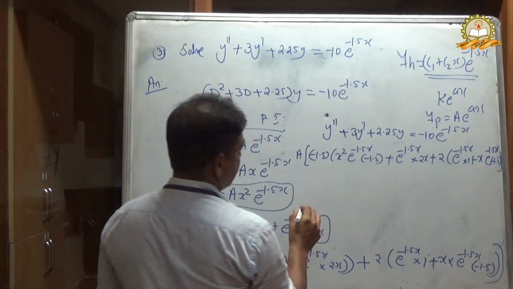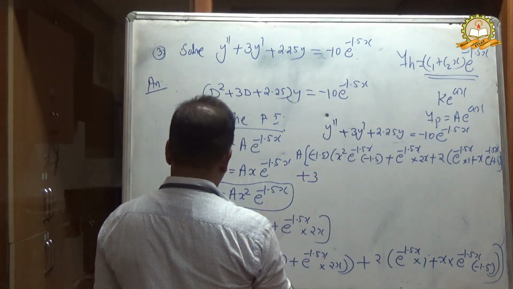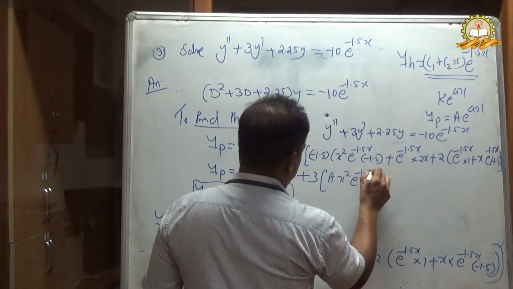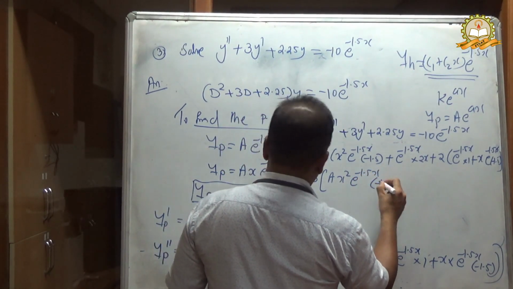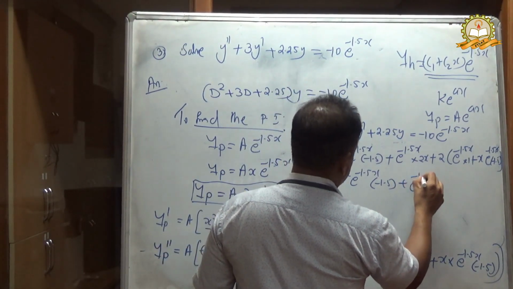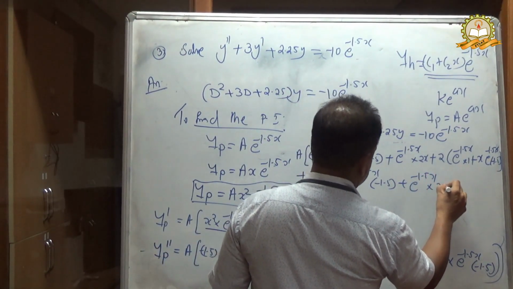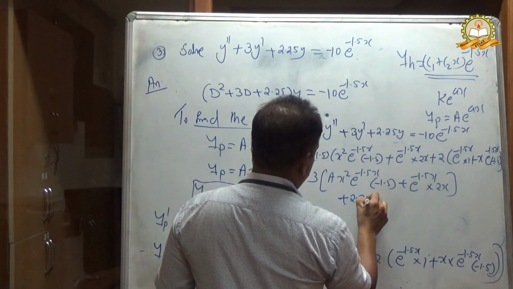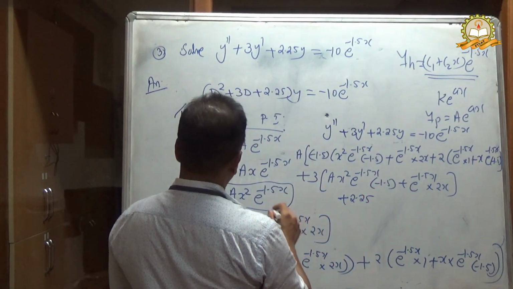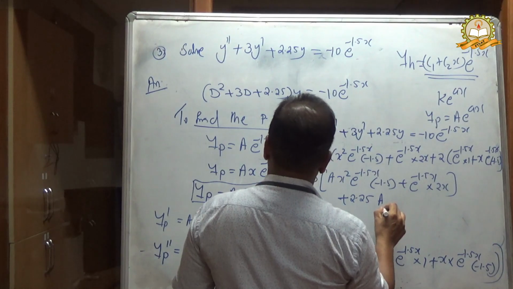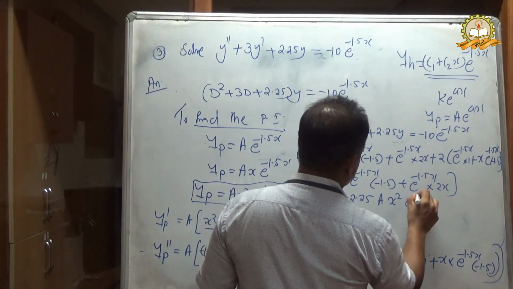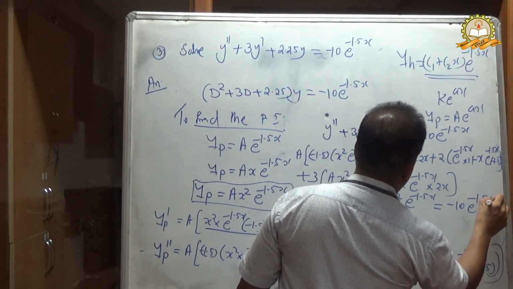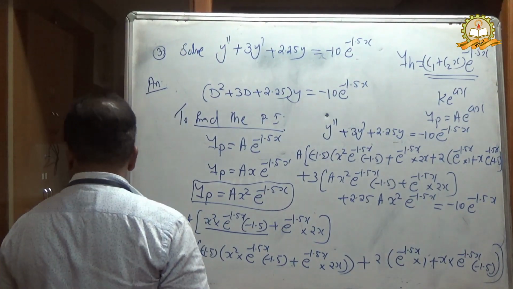This is yp'' + 3y' + 2.25y, where yp = a x² e^(-1.5x). Substituting: a x² e^(-1.5x) - 1.5x - 1.5 + e^(-1.5x) · 2x, and so on, gives 2.25y equal to a x² e^(-1.5x), which is equal to -10 e^(-1.5x). Then